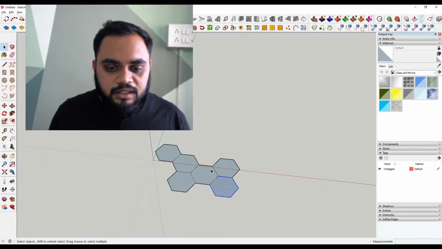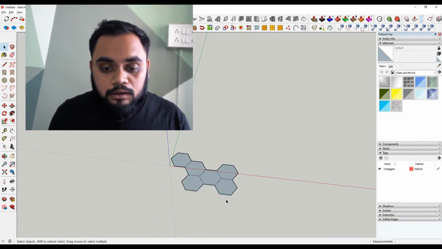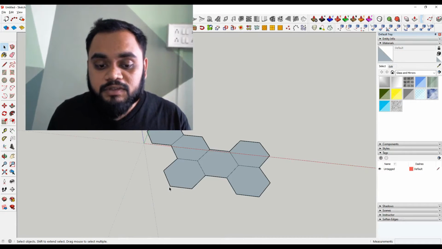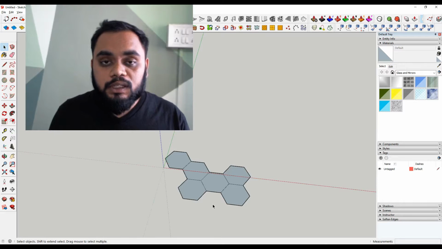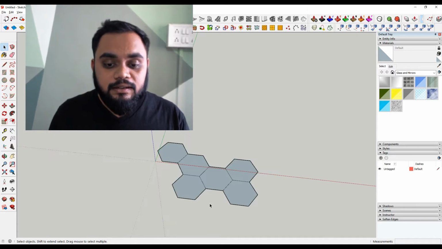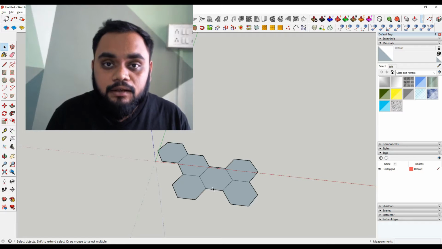Once we have done this, we see that we have all of these boxes at the lines. How we put the boxes at the lines is by using this plugin called S4U Components. What this does is it makes each and every line into a component.